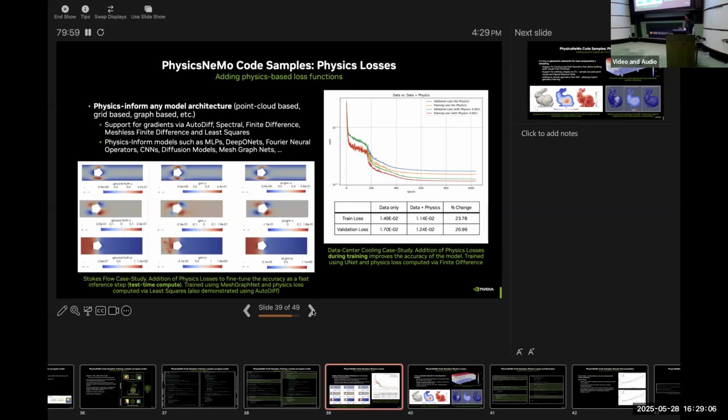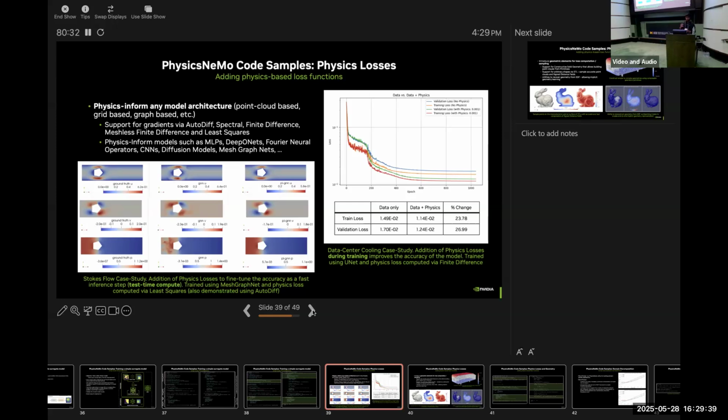So the picture on the left here is showing a MeshGraphNet model trained in a data-driven fashion. In the middle, you have the MeshGraphNet model's prediction when it is trained just with data. You can see it tries to get the larger scale features, but it still has some noise. It's not able to do a very good job given the data set it has.